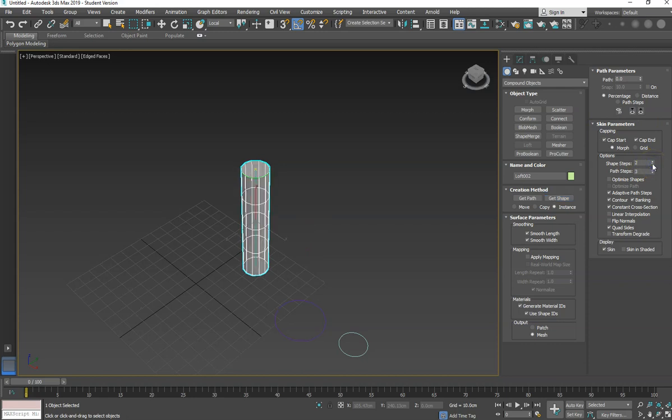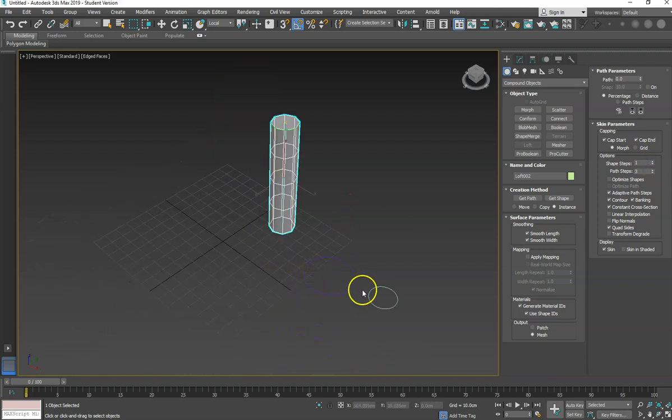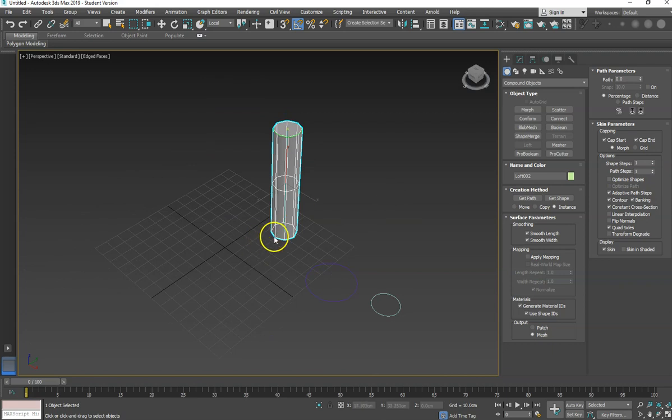Keep your eye on the object as well as I do it, and you'll see that between, like I was saying before about the square, between each of the 4 vertex that define this circle, I'm now dividing it only once. That's a shape step. And then on the path itself, that's the vertical path, I'm only going to divide it once. Okay, so now we've got a vertex at the bottom, a vertex at the top that's been divided once, giving us, in effect, this middle section. If I change that to 2,